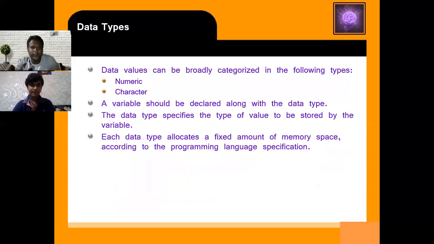So when you define a variable, you have to decide what type of data you have to store in it. After defining a variable, which means you are creating a memory location, you have to define what type of data you have to store. You can store numeric data or character data. Your data is of two types: one is numeric, where you can store only numeric values; another is character, which is a combination of numbers and letters. In numeric you can store the number. In a character you can store the number as well as the character.